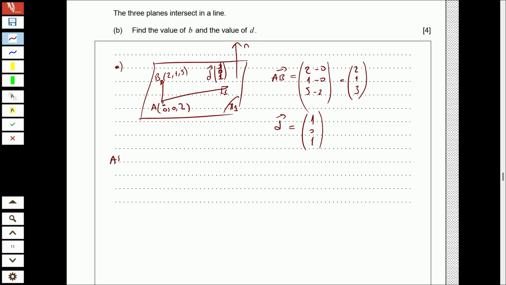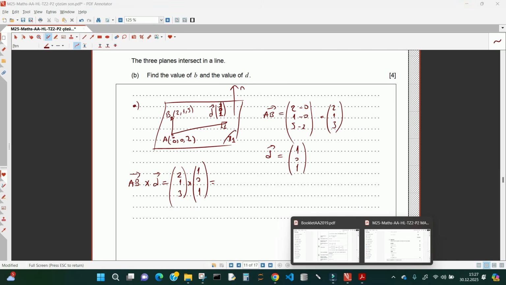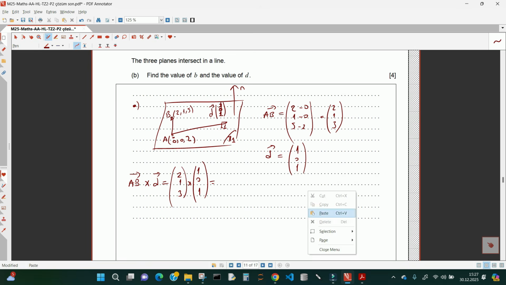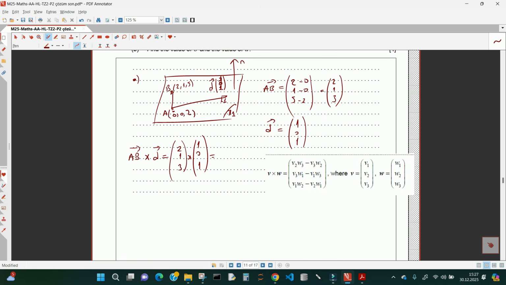Yeah, we're gonna find the vector product of these two vectors, (2, 1, 3) and (1, 0, 1). So what is the vector product? You can find it in the formula booklet. This one I will take, and we're gonna use this formula, right? So it will give us